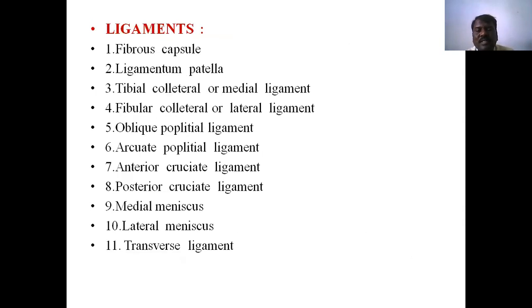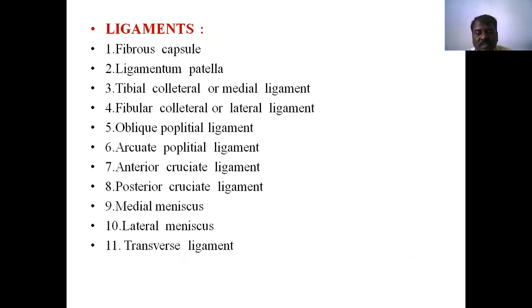Next, what are the ligaments that give support to the knee joint? First is the capsule, that is a fibrous capsule. Second one is the ligamentum patellae, tibial collateral ligament, which is also called the medial ligament, fibular collateral ligament, also called the lateral ligament, oblique popliteal ligament, arcuate popliteal ligament, anterior cruciate ligament, and posterior cruciate ligament, medial meniscus and